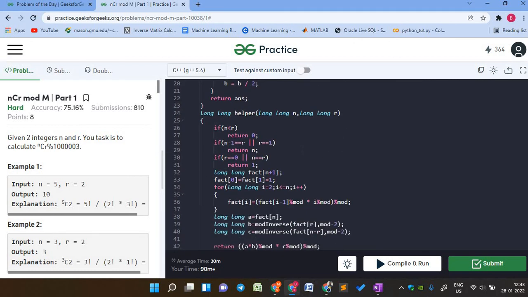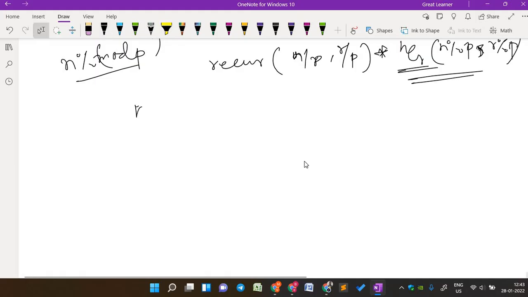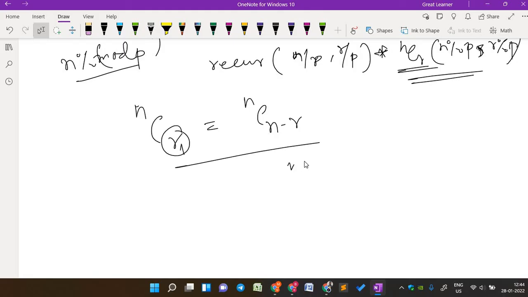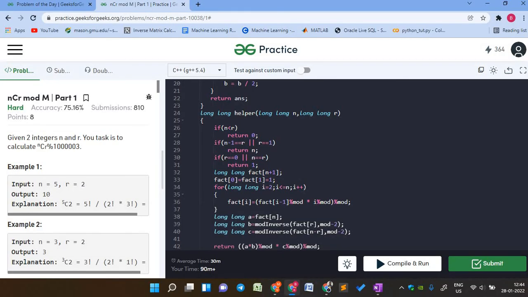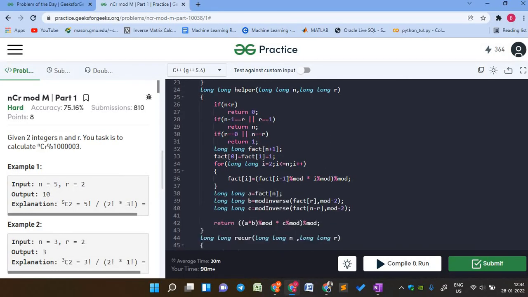In the helper function, if n is less than r, then we simply return 0. If n minus 1 equals r, or r equals 1, then we return n, because we know there is a property that nCr equals nC(n minus r). So if r equals 1 and n minus 1 would have the same value, that is equal to n, so we have to return n. Okay, great. Then we have to find the factorial, because we need to calculate that